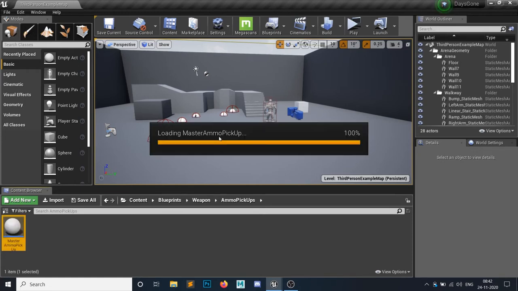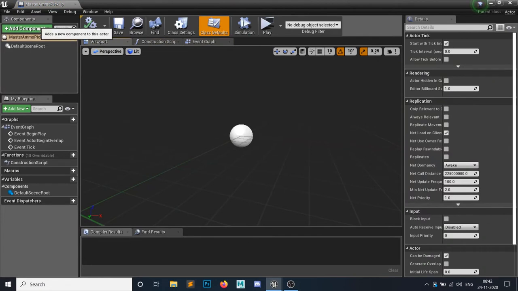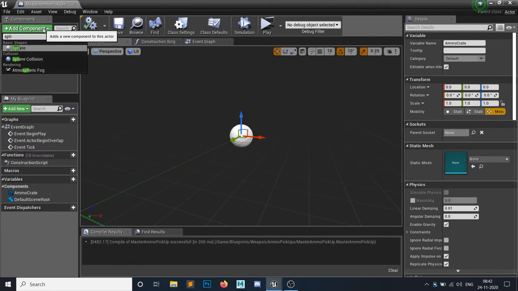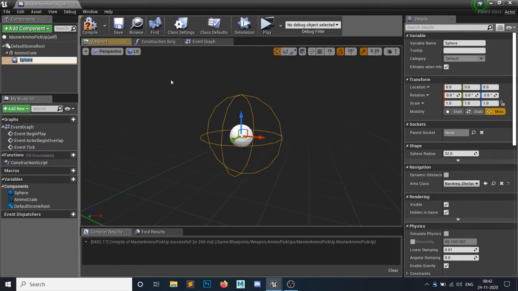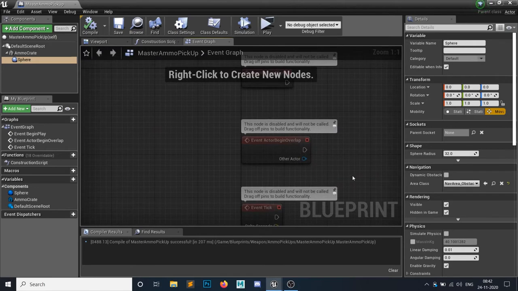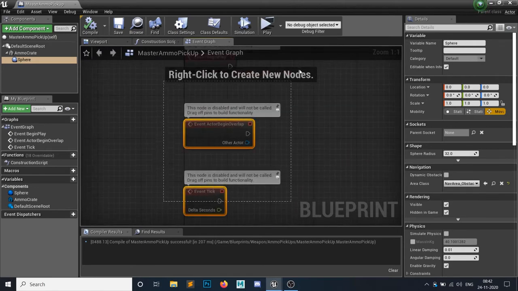For the ammo pickup we need a crate type of static mesh, so that we can say, yeah, this is our ammo crate. We need a sphere collision, so that whenever our player character collides with this, we can interact. This is all we need, and we don't need any of this, delete it.